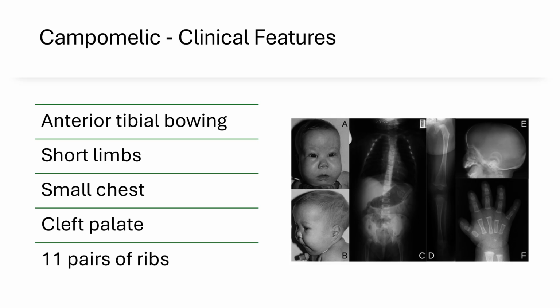The shin bones curve forward in a distinctive pattern that becomes immediately recognizable once you understand what to look for. This bowing isn't just cosmetic, it affects the mechanics of walking and creates challenges for orthopedic management throughout the child's life. The short limbs develop because the same genetic defect that causes the bowing also interferes with normal longitudinal bone